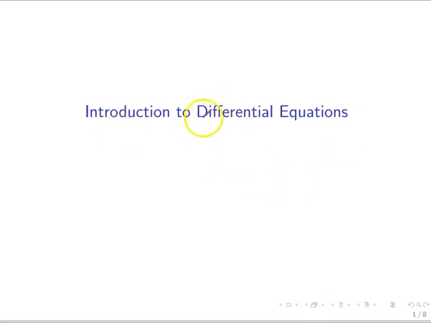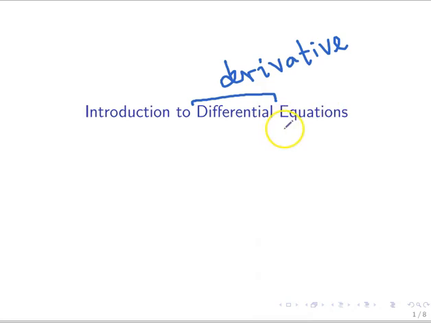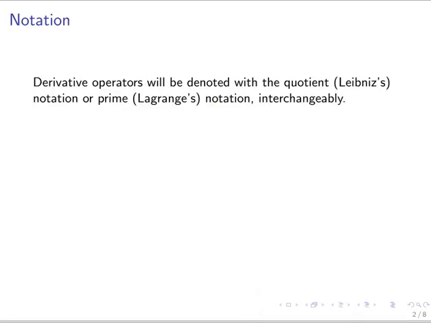Differential equations have to do with differentiability. This word has to do with the derivative operator, taking derivatives of functions and expressing certain formulations in terms of equations, and those equations will involve derivative operators. So there are multiple ways of denoting the derivative of a function. In this introduction, we're going to refer to the quotient notation for derivatives and to the prime notation for this